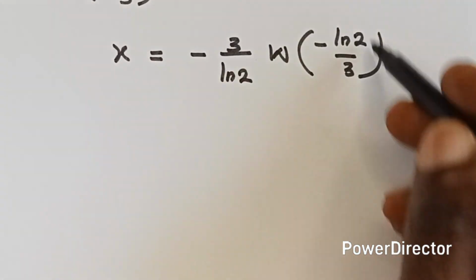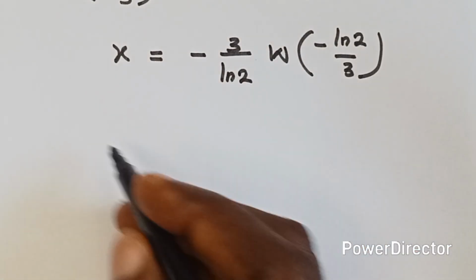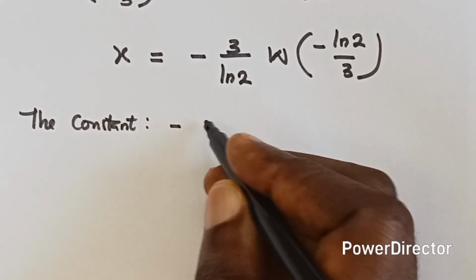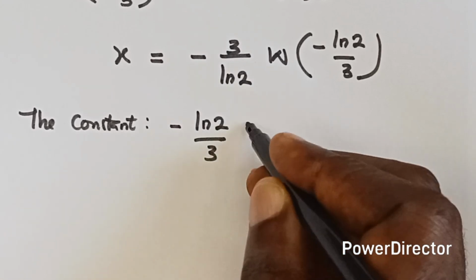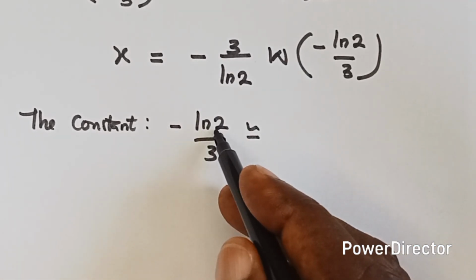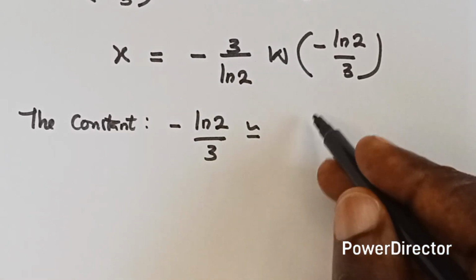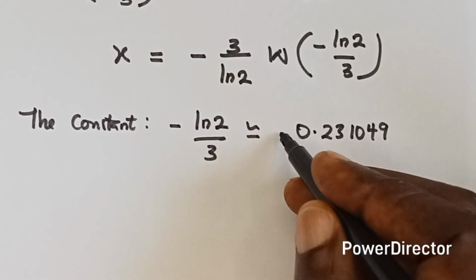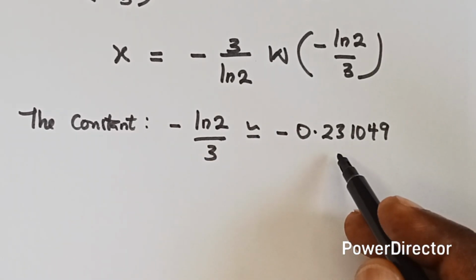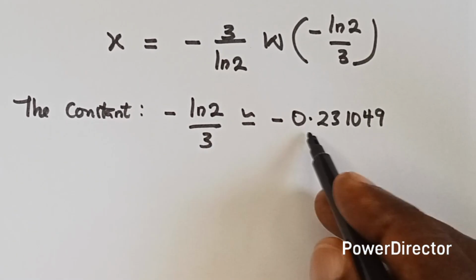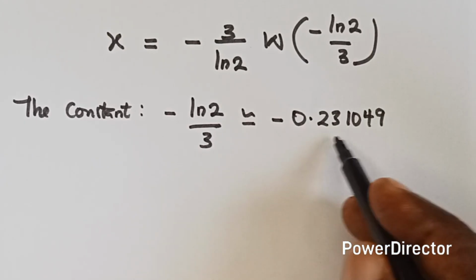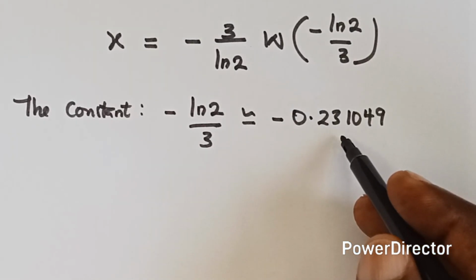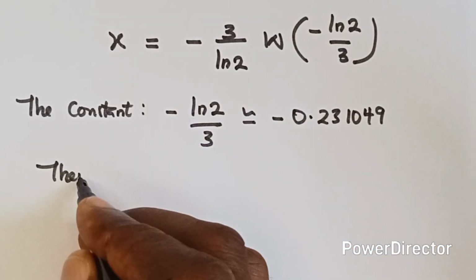All right, so now these constants, remember these represent the constants. The constant minus ln 2 over 3 is equivalent to, when you get ln 2 divided by 3, it's going to give us 0.231049. Then we have the negative sign. Okay, now this is what we have as the constant. Then this number lies between minus 1 and 0. Okay, so because it lies between minus 1 and 0, then it means our W, so I will just say therefore